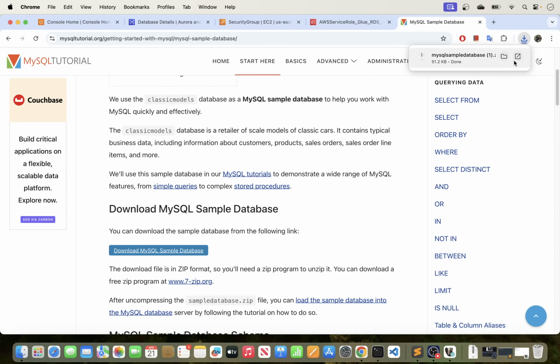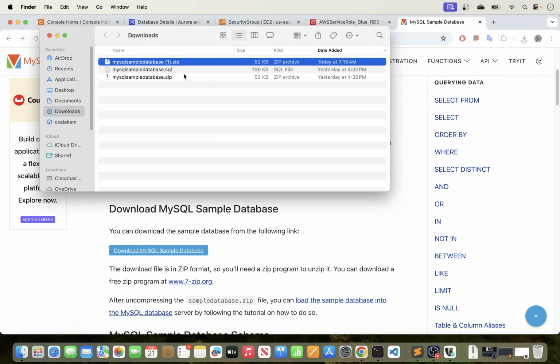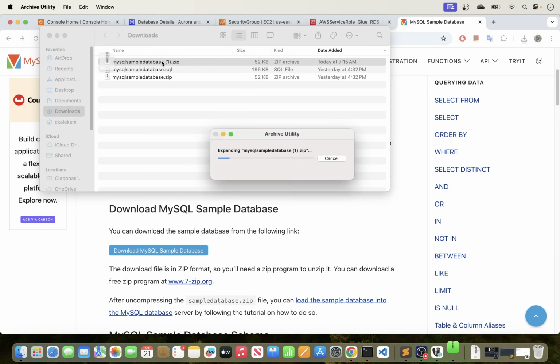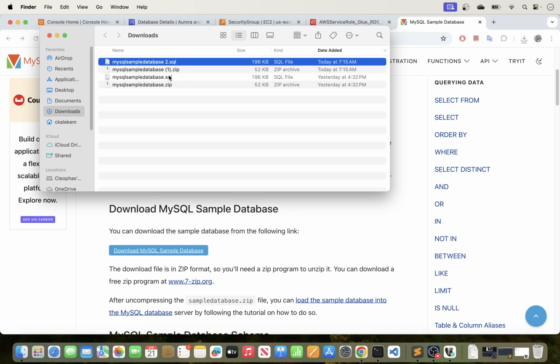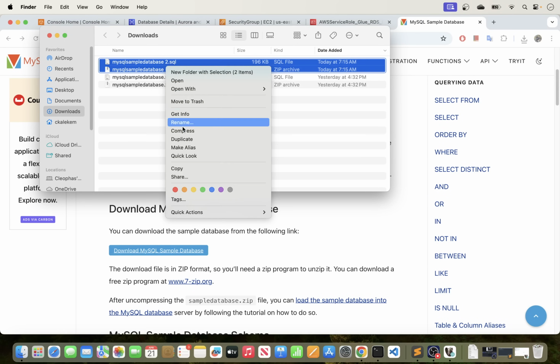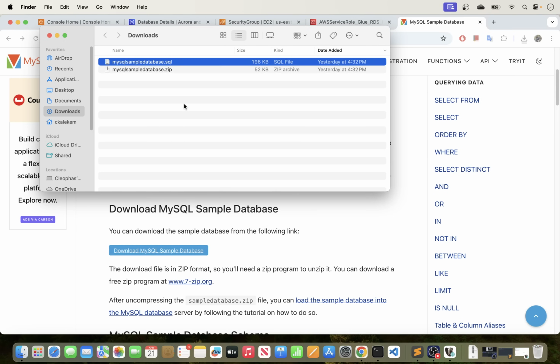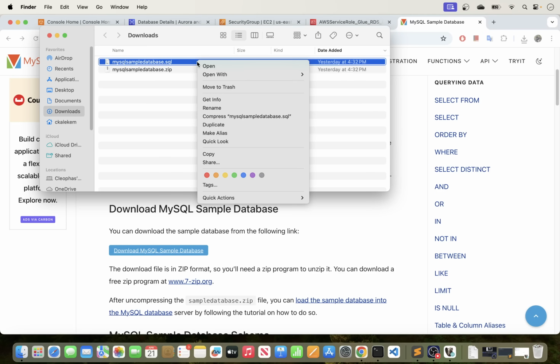This is going to download the database here. So I already have it here. What you want to do here is basically to double click this to unzip it, and this is going to unzip it for you here. So I already did it previously, so I'm just going to remove this, so that we only have one left. Okay, so you do that, and you will have your database here, and if you want to open